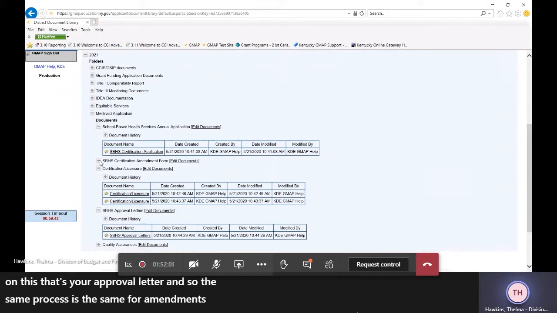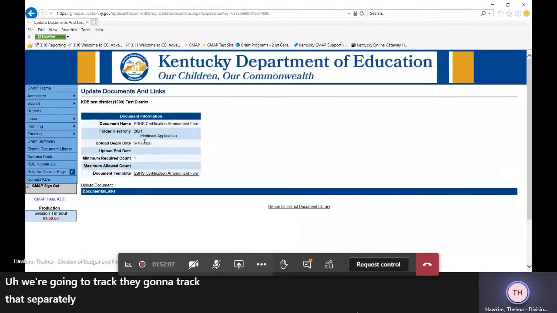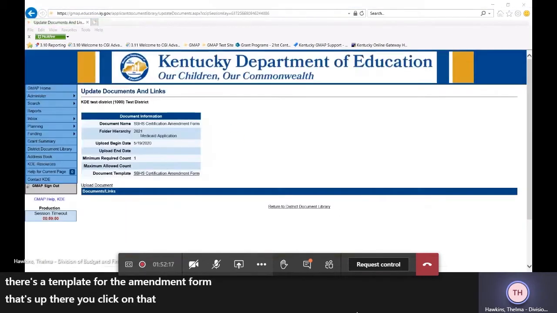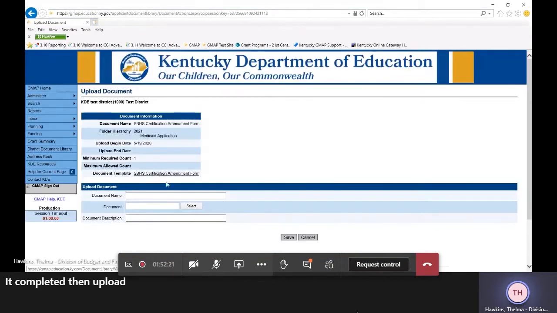For amendments, they're going to track that separately, and you would just go through the same process. There's a template for the amendment form up there. You click on that, download it, complete it, then upload the document.